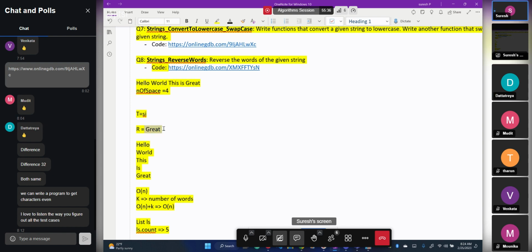Initially you put the empty string, then you are concatenating with "great". After the great you put another space, and then you concatenate, you reverse this t, the value of t, since you found another space here. You put the s there, you put the I there, and since you found the space, again you stop and